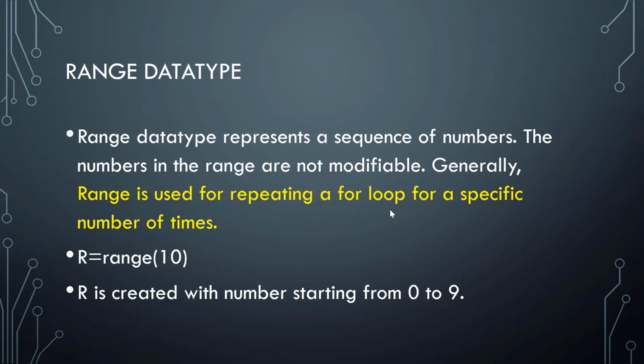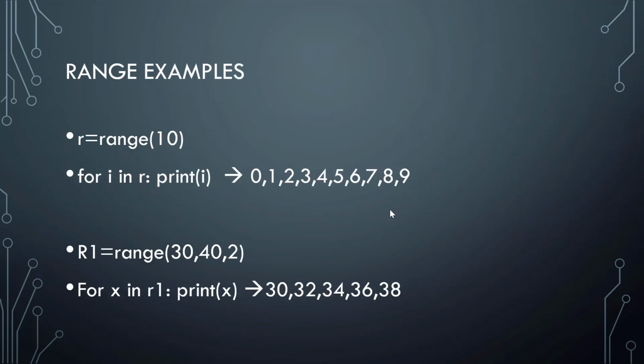Let me show you the example so that you'll understand more clearly. See this first example, r equal to range of 10. When I say r equal to range of 10, what is r value now? 0 to 9. How do I know? You want to print it. Then for i in r, i is our own variable. You can give any other name. In is a keyword. In which sequence? r. Or it can be a list, or a tuple, whatever it is. I said r now. So what does r contain? r is having 0 to 9 numbers. How do I print? print of i. So first 0 will come into i, that is getting printed. Then 1 will come, then 2, up to 9. So you are getting 0 to 9 numbers. Got it? So this is what we need to understand about range.